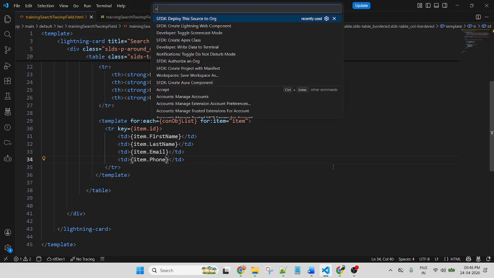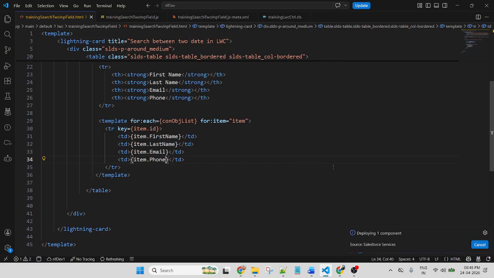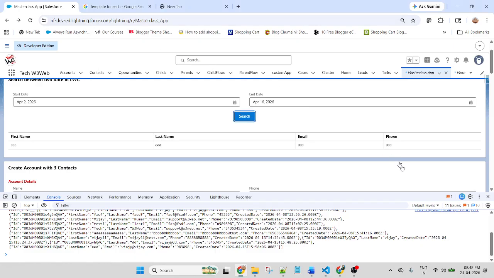Now save, deploy to code. Okay, component deployed successfully.